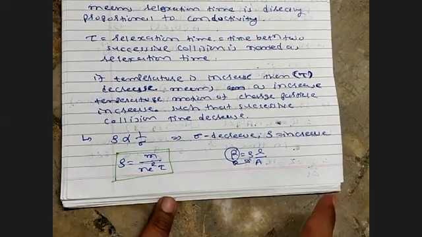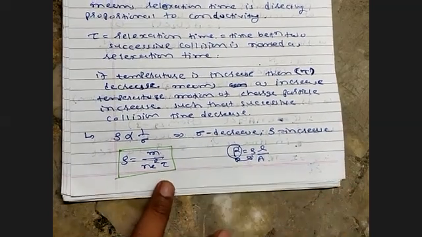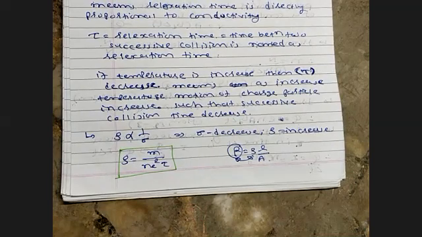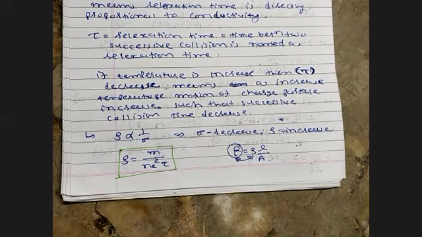But in that definition, under certain conditions in Ohm's law, if you have heard the term Ohm's law, the potential difference between two ends of a conductor is directly proportional to the current passing through that conductor. So V is proportional to I. This is under certain conditions, which may be the temperature, the pressure, the electric field, the magnetic field, the gravitational field, and whatever the case may be.